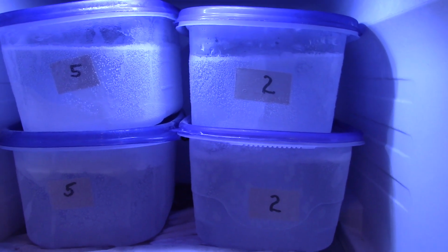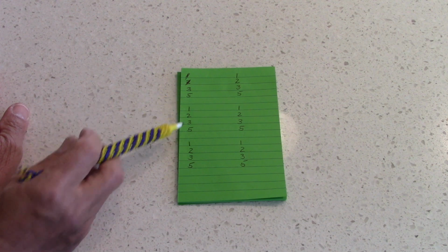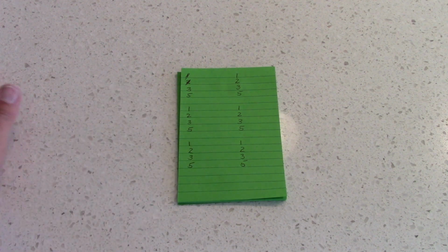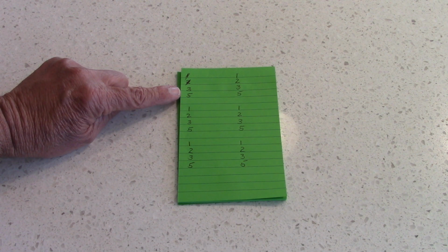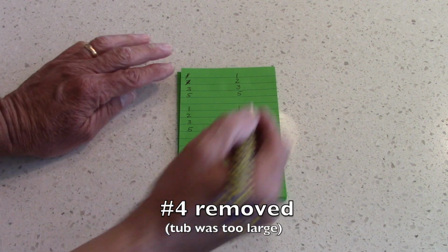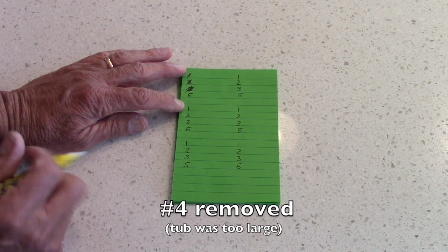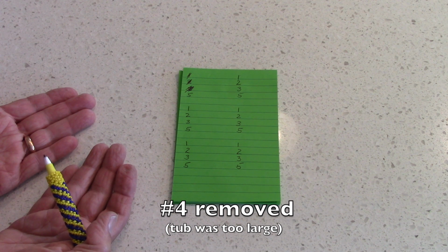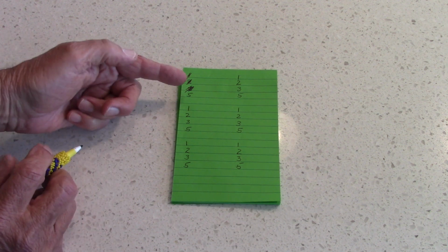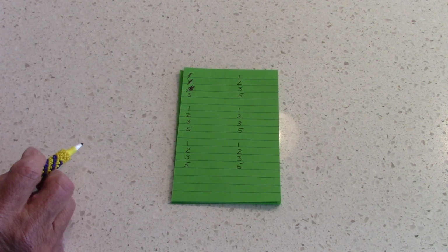And I'll show you how that's used. Looking at this numbering system, 1 through 5 multiple times, all I have to do is come to this and I can see the next tub to be used is number 3. When I use it, I cross out the number and then replenish the water in those tubs after I've removed the cubes. And by the time this rotation comes around to number 3 again, I know I have a frozen